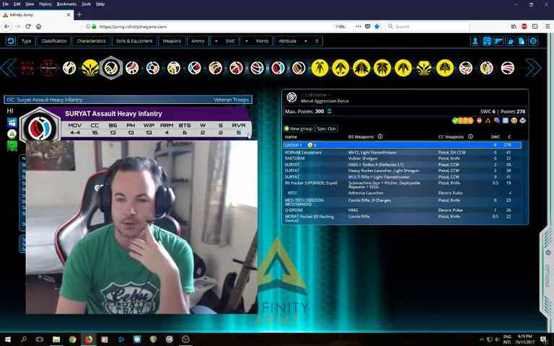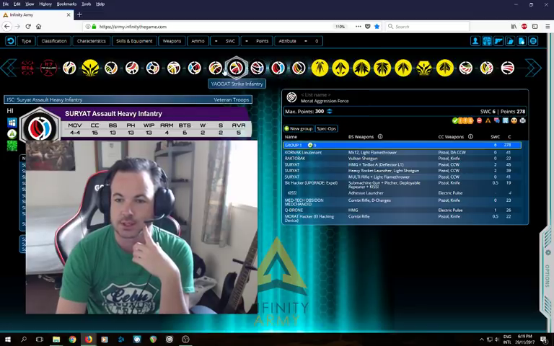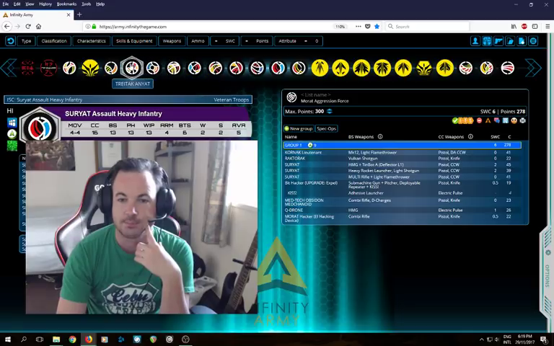The only other model that I really like in this setup, and there's a couple of options, you can take a Krakot, but I actually like the Z-Rat. Just because the Z-Rat is going to just hang around, maybe plant some mines, and if it's a mission which requires a lot of button pressing,